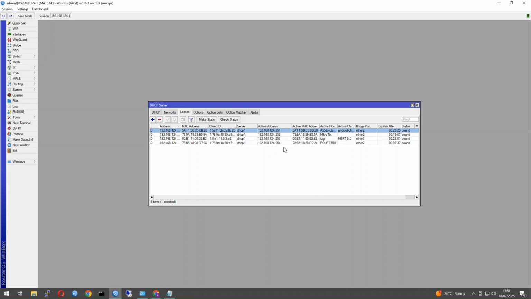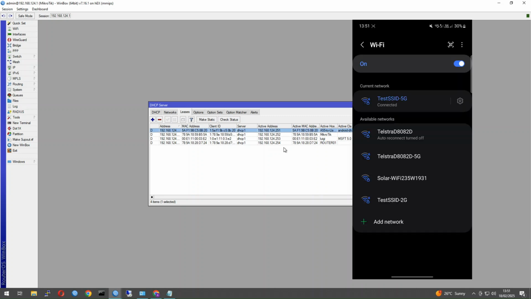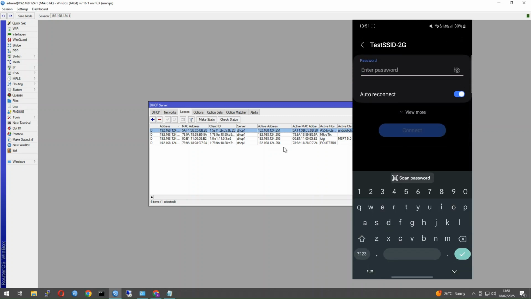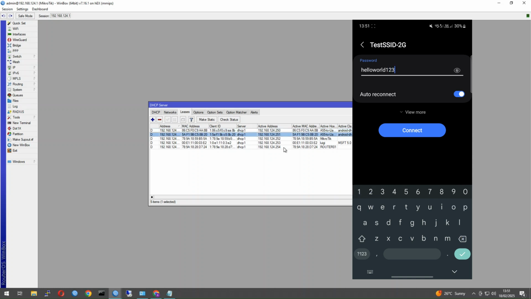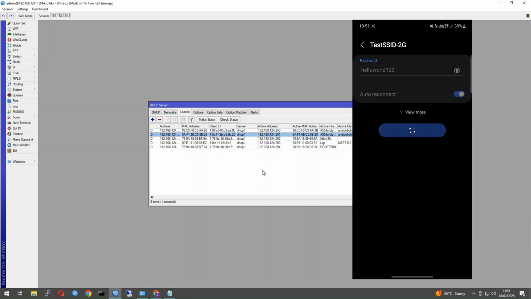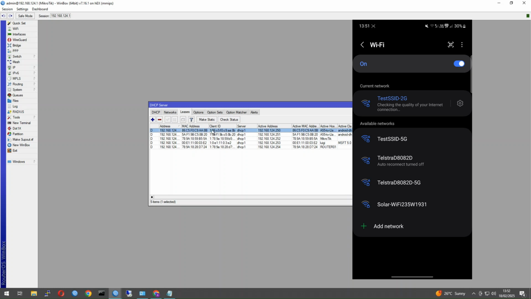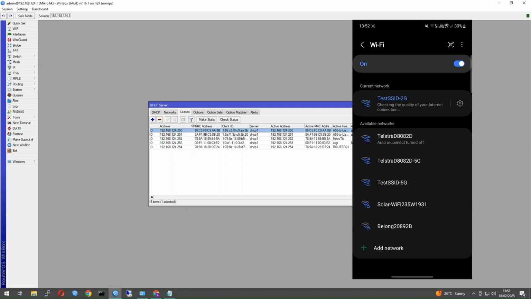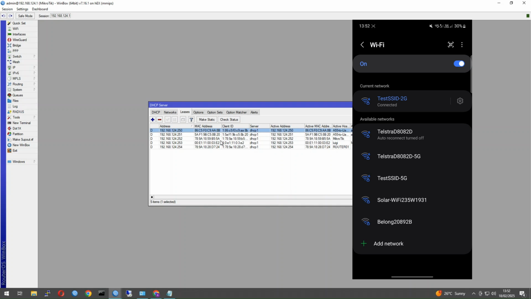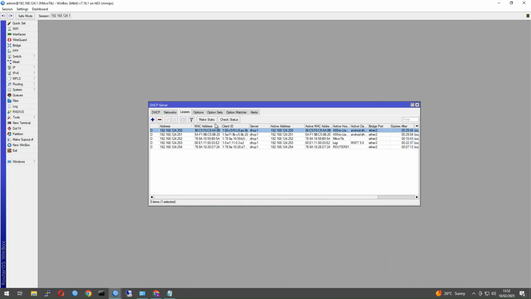Okay, and just while we're here, we'll check the 2.4. We want to do a thorough check. There you go. It's giving me a different IP address. That doesn't matter. We're connected. So hopefully that was simple enough. There's nothing fancy on here. I've just got literally a